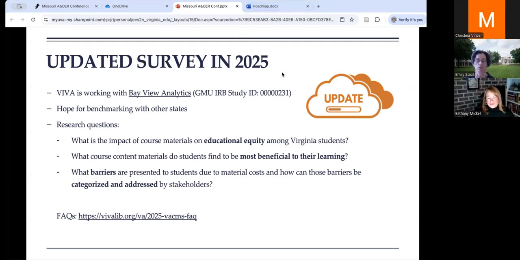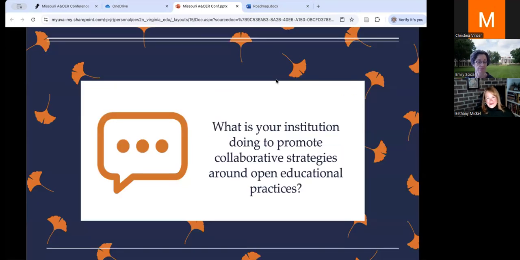So now that we've set the stage about the work we've seen taking place here, we are really eager to see some of the initiatives in Missouri that have been taking place, whether it's at your universities or amongst consortia as well. So before we move ahead, we'd invite you to share either in the chat, or we certainly welcome audio if you prefer, what your institution is doing to promote collaborative strategies around open educational practices.